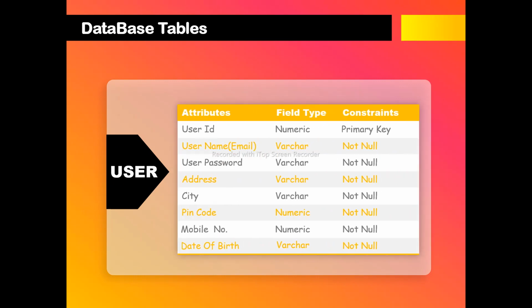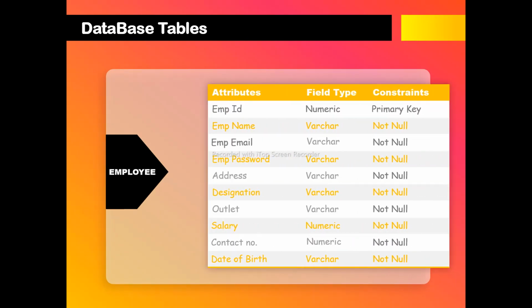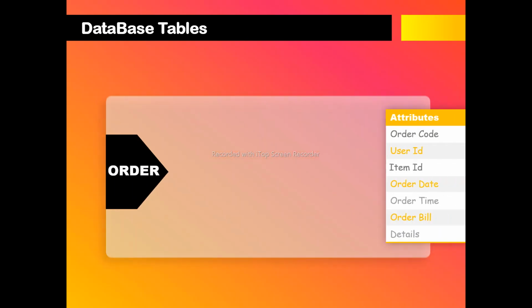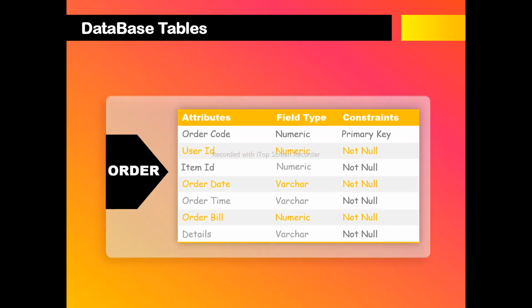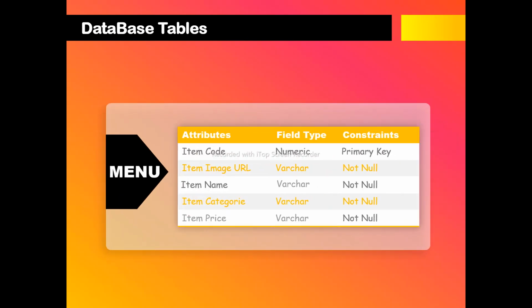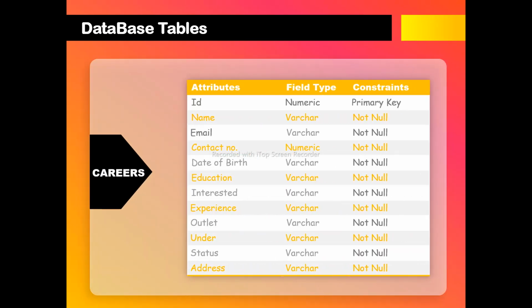Now, these are the tables in my database which I would be using to store data. You can pause the video and have a look at the tables. There are 5 tables. This is the third table, the order table, where all the orders put forth by the user would be stored. This is the fourth table. In total there are 5 tables. Now let's visit the website of the restaurant Puzzle, and the rest of the functionalities I will explain there.